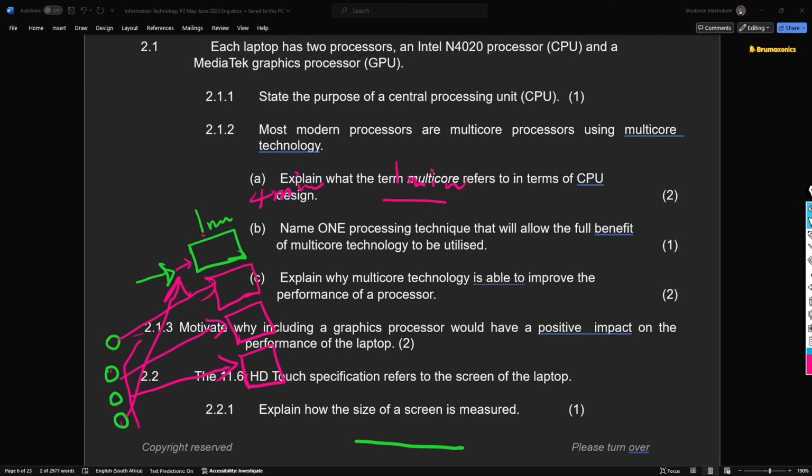The 11.6 inch HD touch specification refers to the screen of the laptop. Explain how the size of a screen is measured. Definitely from this corner to this other corner. So if you are using your laptop, that might actually be 14 or 15 point something. Currently using